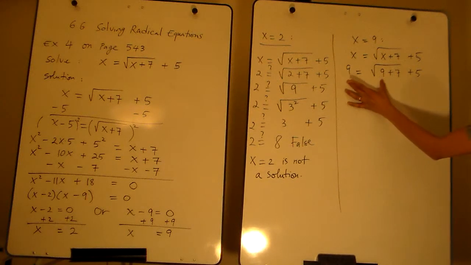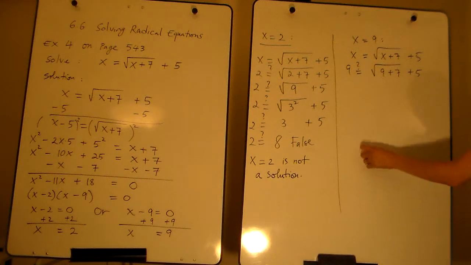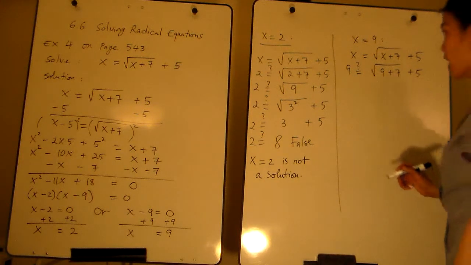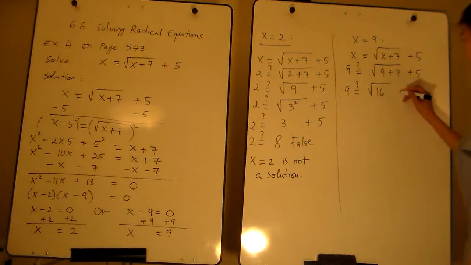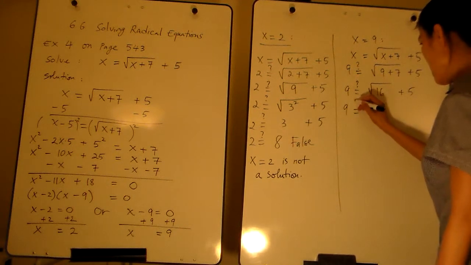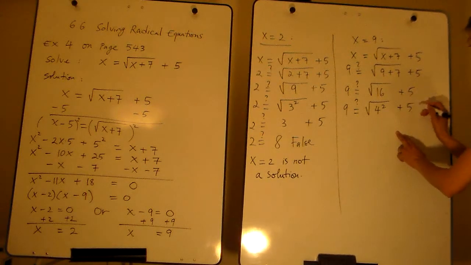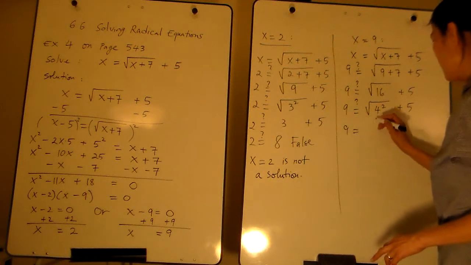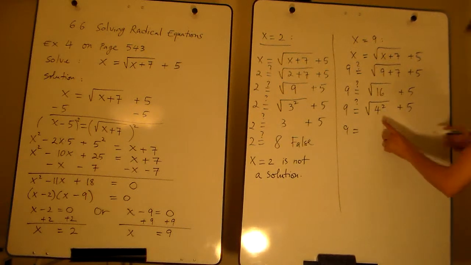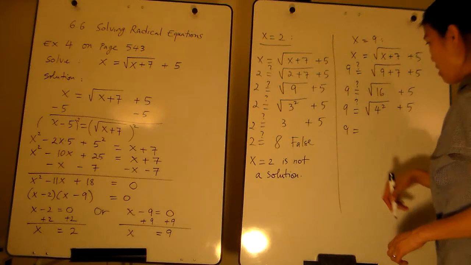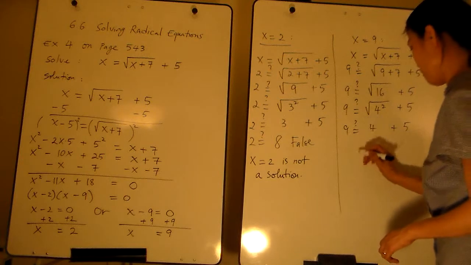Again, you're just substituting the x. You don't know if it's true or not, so you put a question mark to verify later on whether the left hand side equals the right hand side or not. 9 equal, so 9 plus 7 is 16 plus 5. 16 is 4 squared, okay, plus 5. Again, this is index 2 matched with the exponent 2 here. That means you can factor this 4 outside the radical, or simplify this to 4 plus 5, question mark,